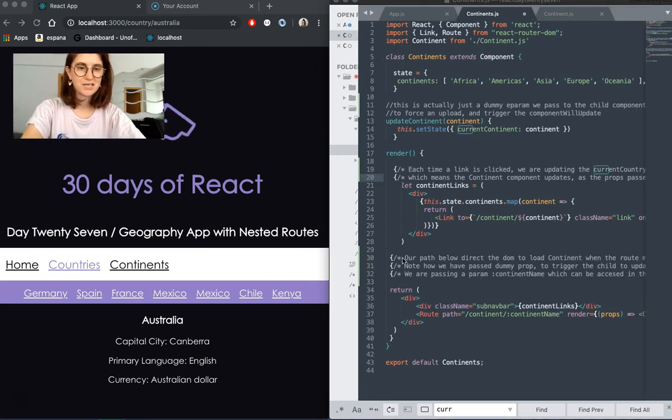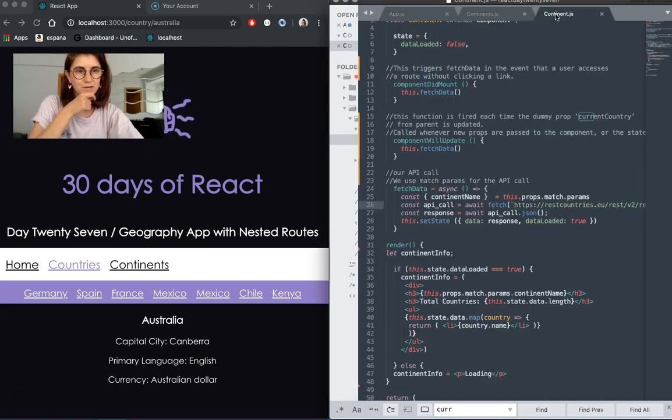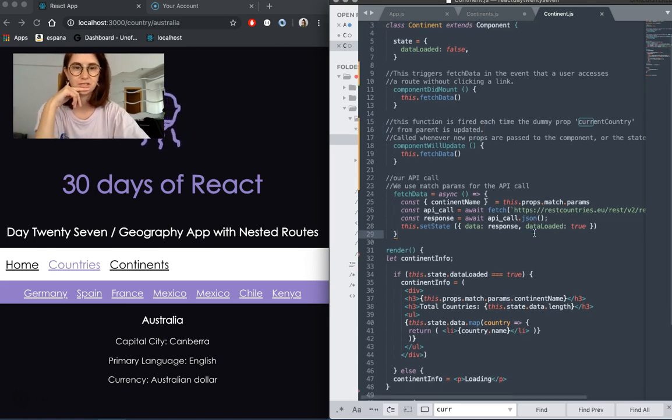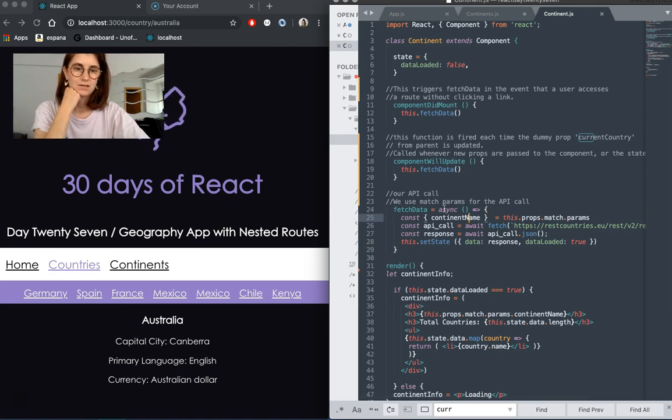So the last subject I'm going to touch on is, again, to do with the API. With React, obviously the whole point of it is that you're only loading certain parts of the DOM that you really need to each time information changes, as opposed to reloading the whole page, which is great, but it means that there are a lot of problems regarding how to get exactly what you want to load and change at the right time, which I had a big problem with here. If we jump over to continent, which is our component,